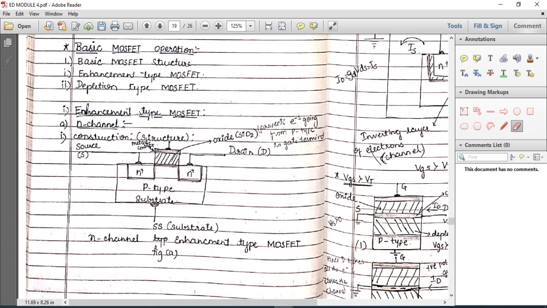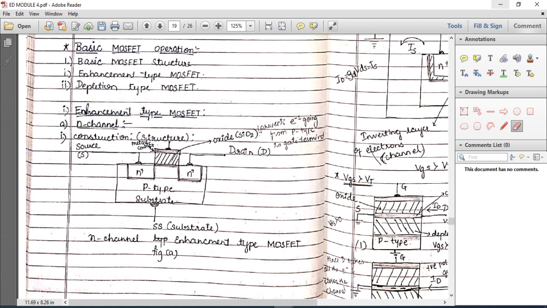So now, as I said, MOSFET is nothing but metal oxide semiconductor field effect transistor. So here MOSFET is the advanced upgrade version of JFET, that is junction field effect transistor. Now the concept of this MOSFET is just to amplify the given input signal so that we can transmit from source to the destination. So now in this topic we are going to discuss how it is constructed and how it operates. That is the main concept we are going to concentrate on.